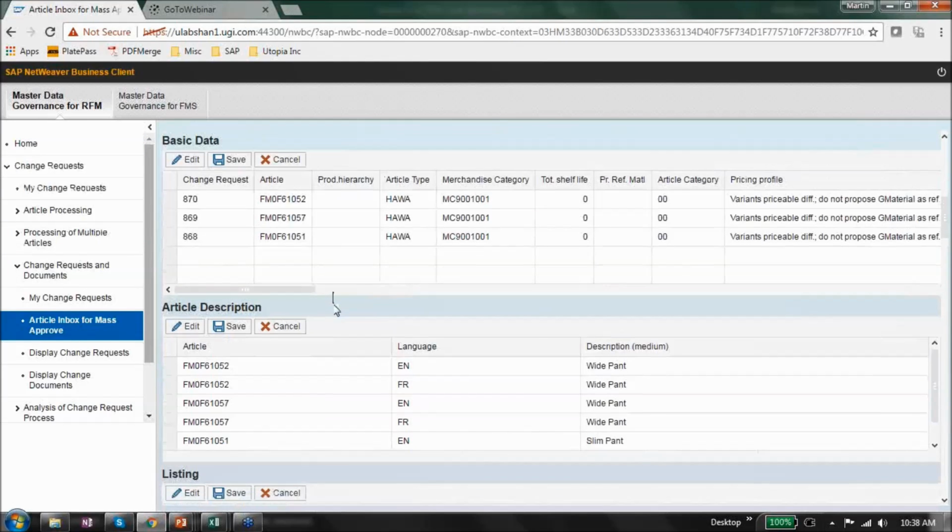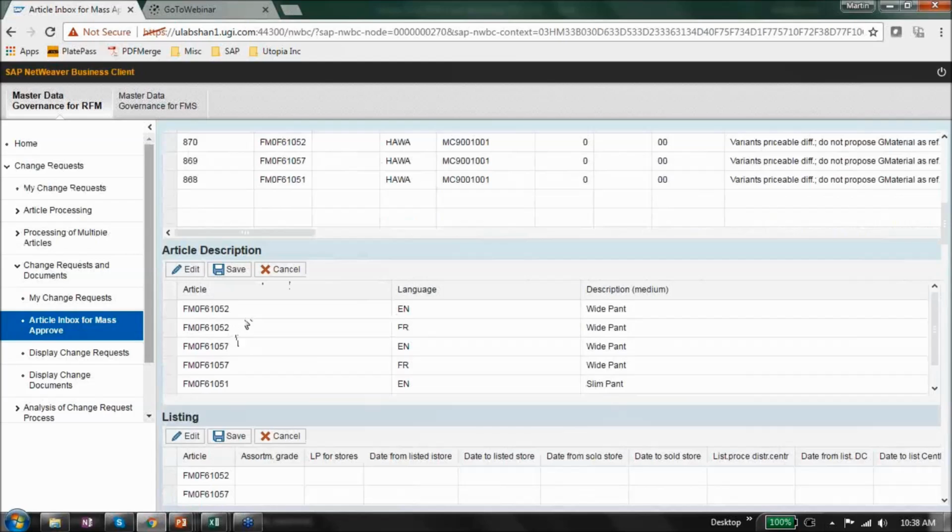I get my article descriptions below, and as you see, remember that we have 2 rows for each article, and that is because I had an English and a French language for each of the items. So since my French is not so good, I just kept the descriptions in English. Sorry for that if there's any French audience. But the key here is that you have your article description.